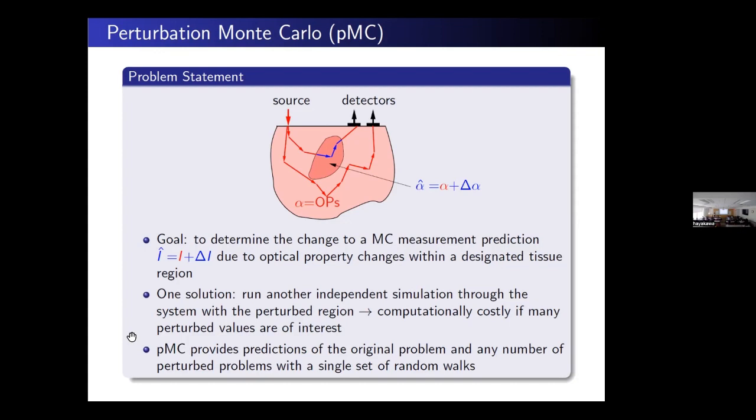So one of the disadvantages of running two separate simulations to capture the change due to the effect of this tumor setting or this heterogeneous region is that each time, you have to run a simulation. Secondly, the way perturbation Monte Carlo runs is that we evaluate the change to the signal using the background set of random walks and reweighting them appropriately. So that evaluation can be done very fast compared to running an independent simulation.